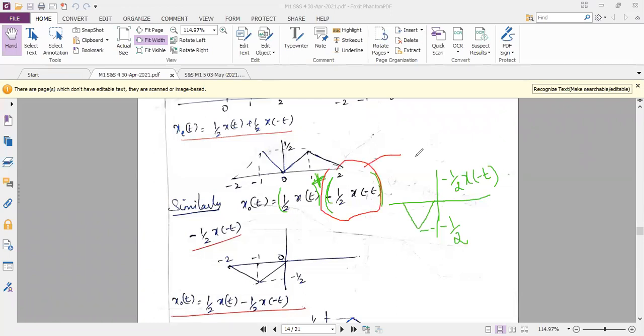So now I have successfully got this minus 1 by 2 x of minus t here, but I have 1 by 2 x of t which I have already drawn for the even signal. I will again draw one below the other so that it will be easy for me to analyze it. So now I will just draw the signal 1 by 2 x of t. So when you add these two, can you easily add it? You can see here on the left hand side the first diagram is 0, but for the next diagram it is minus 1 by 2 amplitude with the triangular signal.